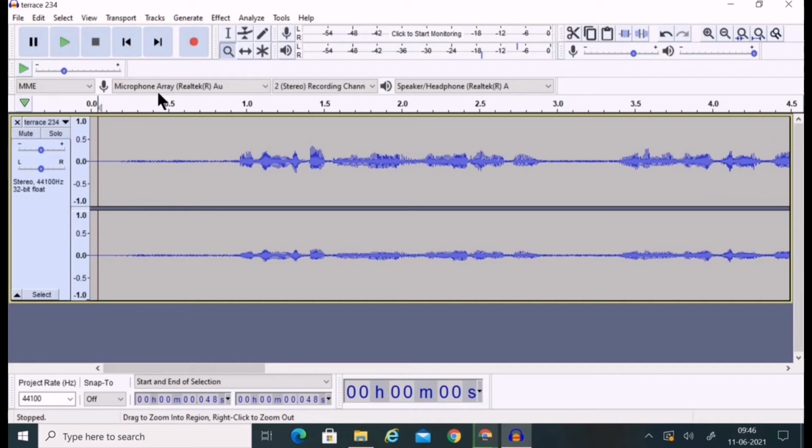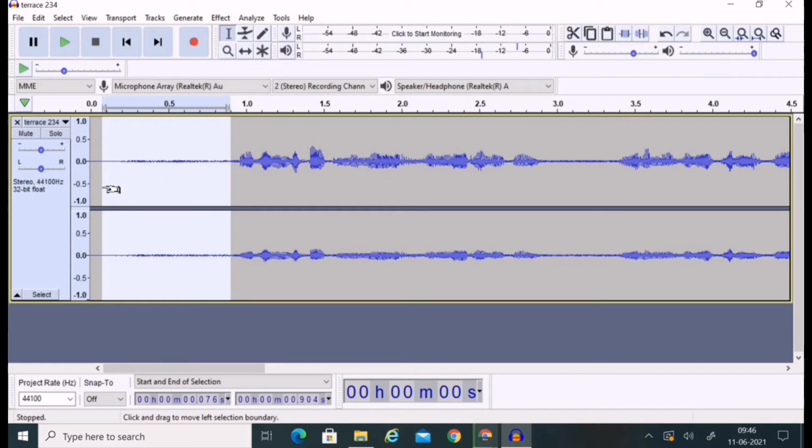So I have zoomed in. This is enough for me. This is too much zoom. So I'll stick to this. So again go to the selection tool. Here drag this to the starting. What we are going to do is, first we have to reduce the noise. Then if there is not much amplification or if there is variation in voices, then we have to amplify. These are the 2 steps we are going to do now.